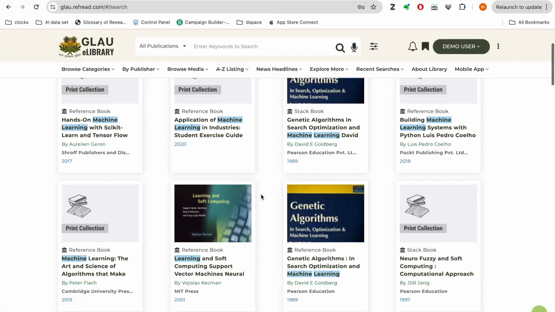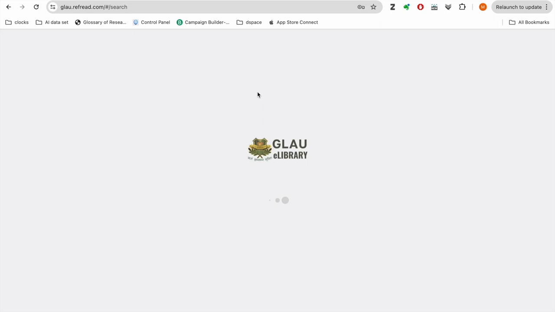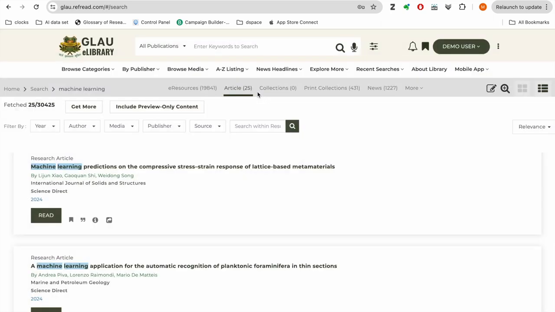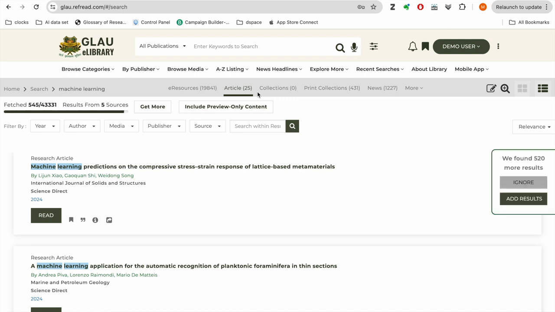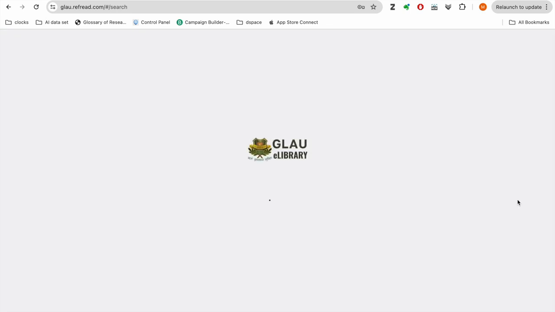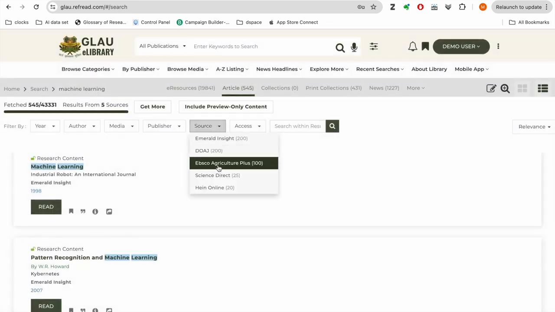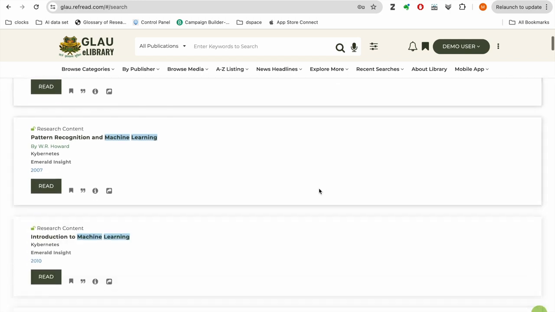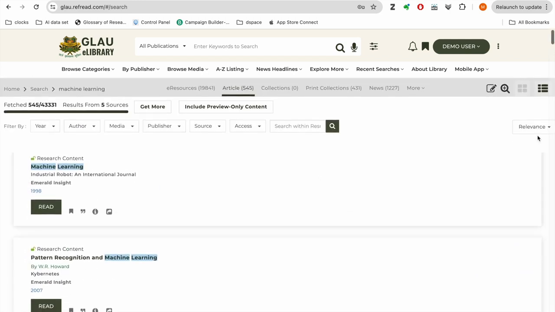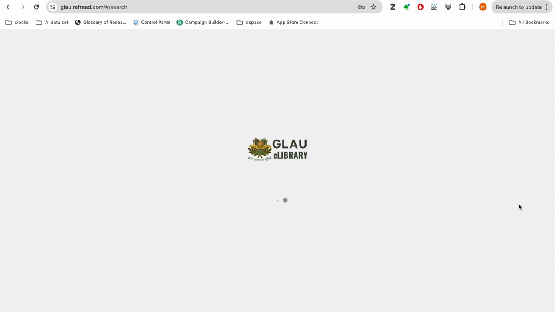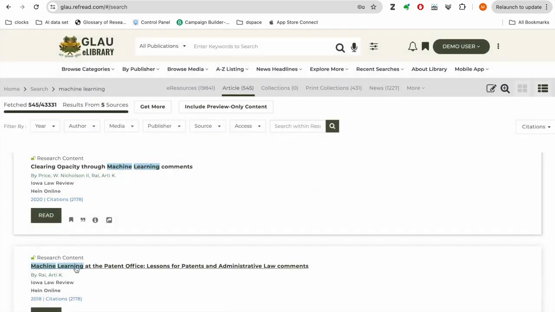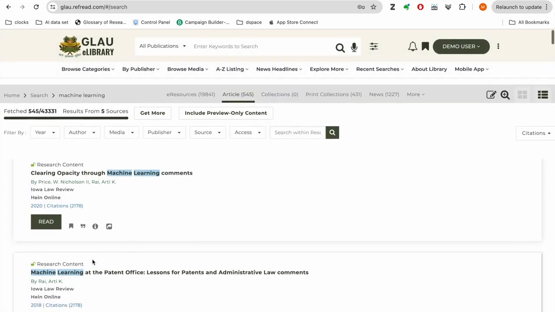If you switch over to the Articles tab, the platform will broadcast your search to all the subscribed journals and databases. Click on this button here once the metasearch finishes to load all the results, and click on the Read button to access the full text of the article. Research scholars can use this metasearch to find latest and most relevant scholarly papers and save a lot of time and effort. You can also sort articles by citation count so that you never miss out on the most cited articles.